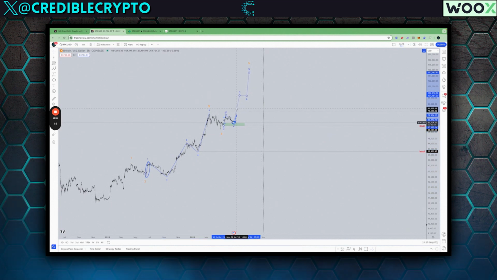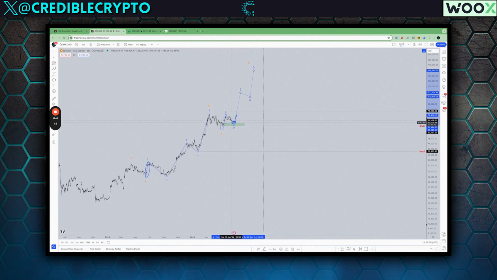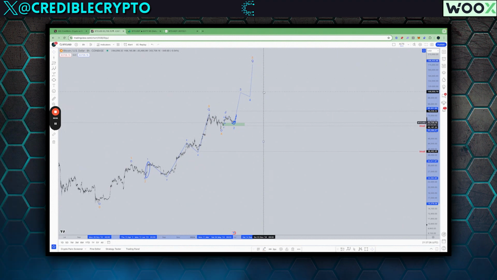Within that fifth wave, we've completed the first subwave. We're working on the second subwave. We have the major third left to go. The fourth, which is going to be similar to this in terms of length of consolidation, probably maybe a little bit shorter because we're starting to go at this point parabolic. And then we'll finish up with our fifth wave again, I'm expecting before the end of October of this year.